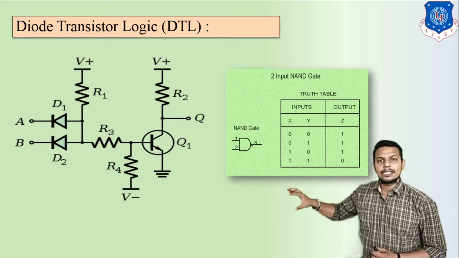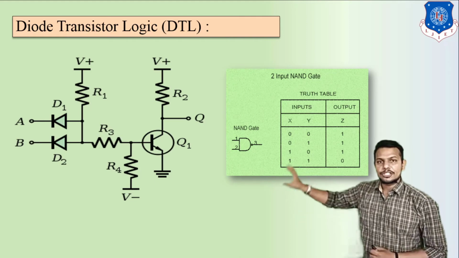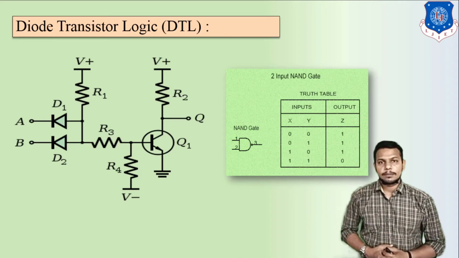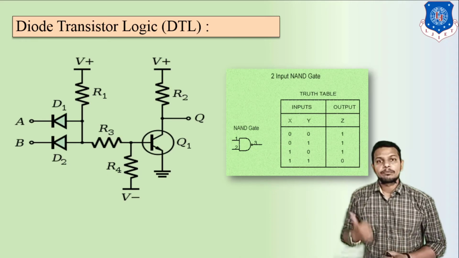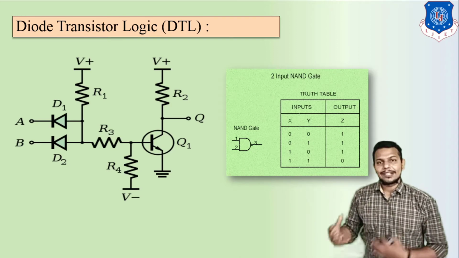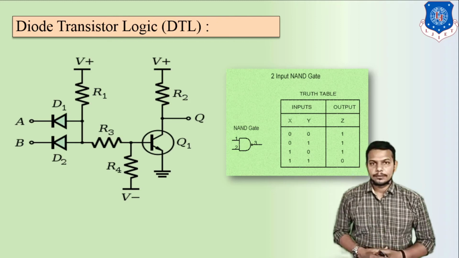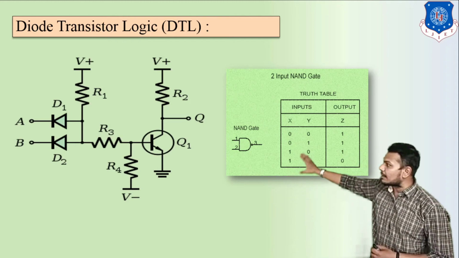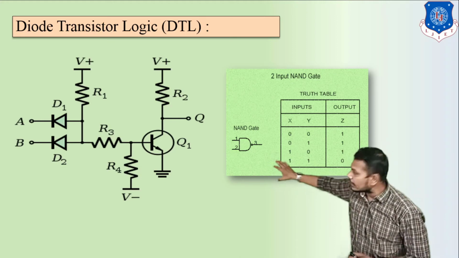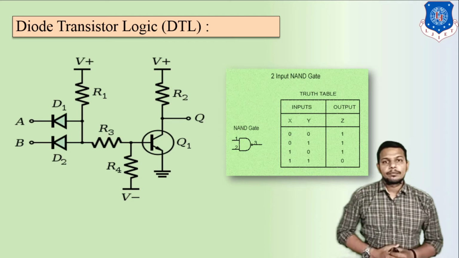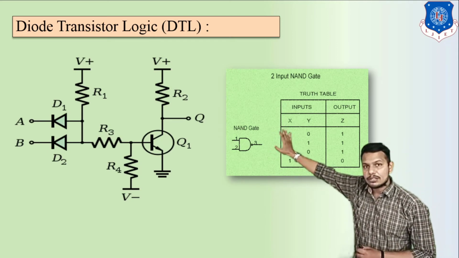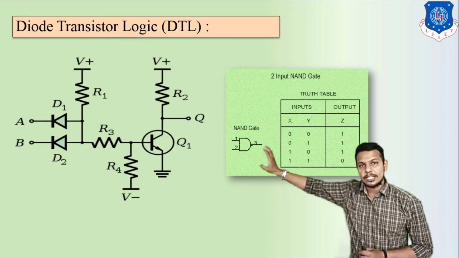here we can see another logic family which is known as diode transistor logic. Why is it known as diode transistor logic? Because we are going to use diodes, transistors and various types of resistors. That's why it is known as diode transistor logic. So here we can see this is the circuit diagram of DTL in which inputs A and B are connected with the diodes. In the circuit diagram, above we see plus V, that means it is your plus VCC.